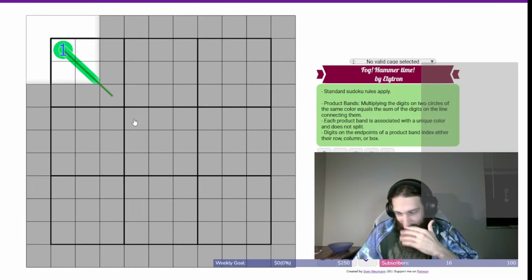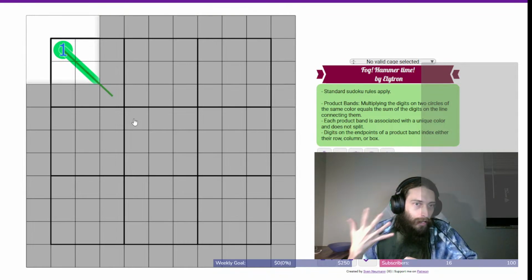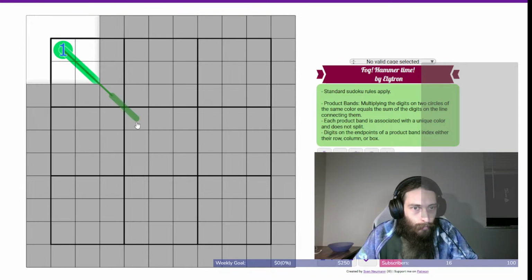So I need to get to at least 5, because I have to do a minimum of 2, 3. But I could go there for 5,